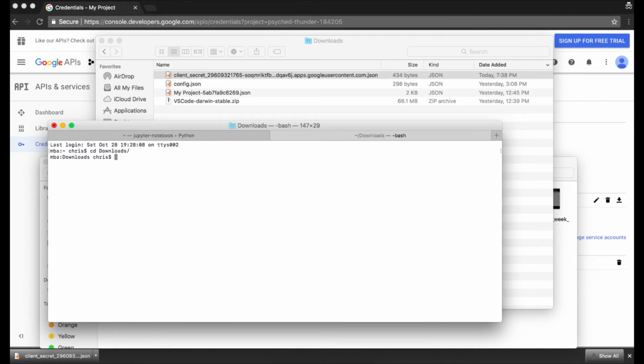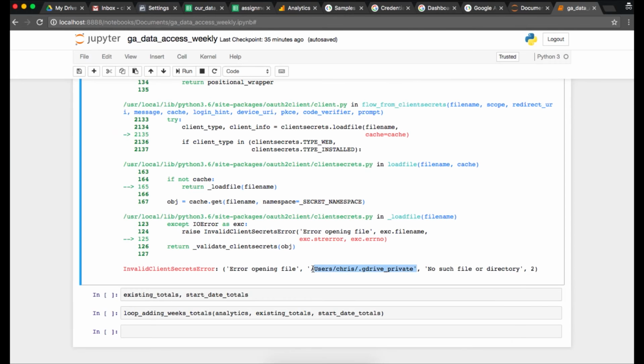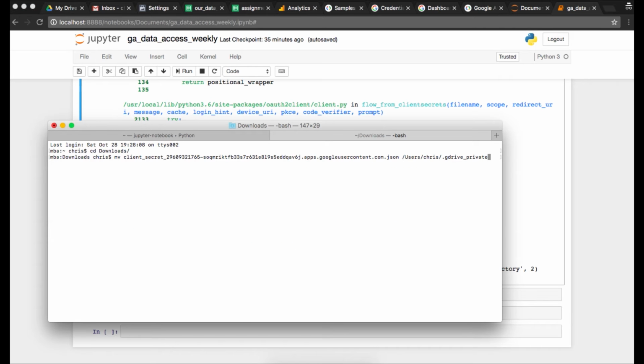Open a new terminal tab and change the directory to the Downloads folder. In the Downloads folder, apply the mv command. This command moves and renames a file. After the command, type the file name of the JSON we just downloaded, and after a space, type the path and file name from the Jupyter Notebooks error. You can move back to your home folder